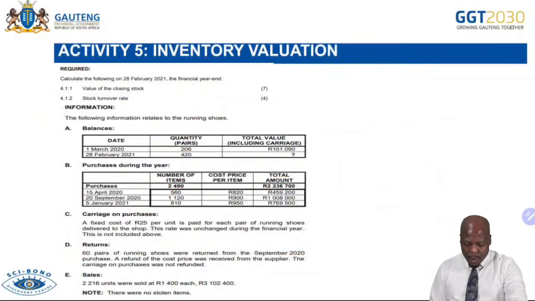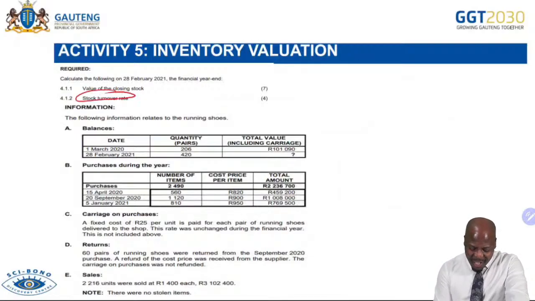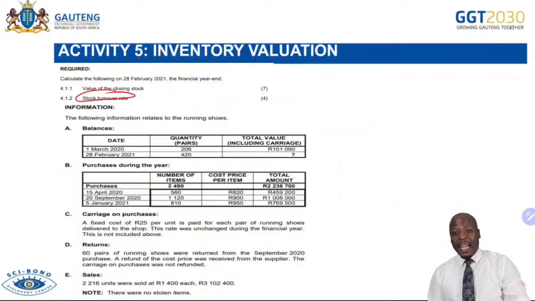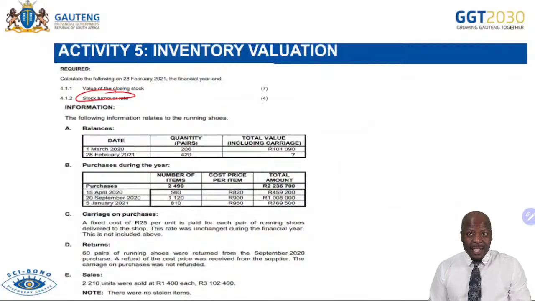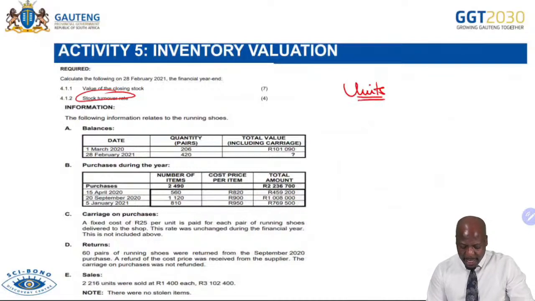And then, as we have now come to the end of the class, we are just going to do the last calculation, which is the stock turnover rate. And I'm not going to lengthen it. I'm just going to show you the quickest way. I'm going to use units to calculate your stock turnover rate. So there are other indicators that could have been calculated. Your stock holding period. Remember all those indicators as we are preparing.